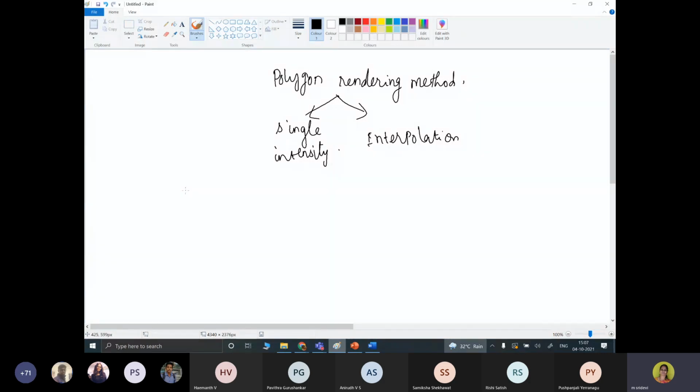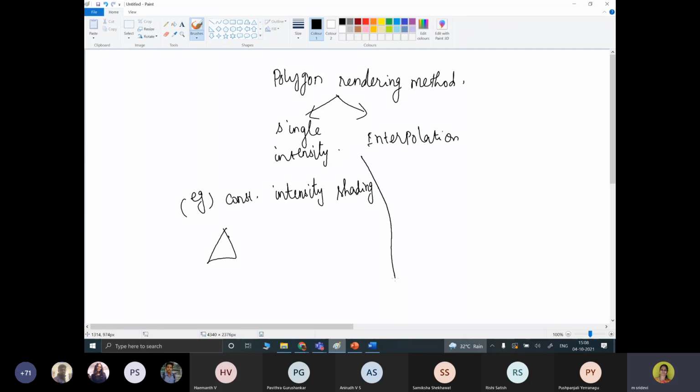An example for this is the constant intensity shading method. If you have a 3D object and want to fill it with some color, you can constantly fill each and every pixel with a single color itself. It's very easy to make a single intensity object.